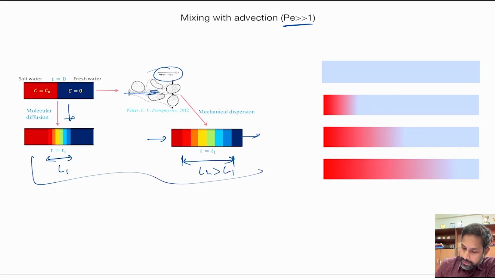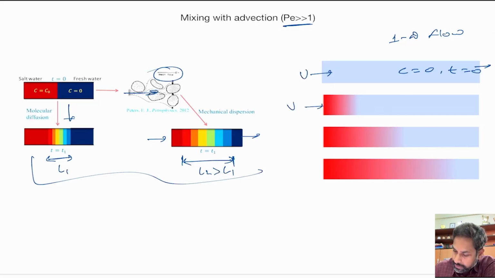So here let's consider a similar case that we studied before, right? This is 1D flow, okay, where C is equal to 0 before t equal to 0, right? But now we assume that there is a flow happening. So now the complete fluid is moving from left to right and there is a velocity u. Okay, so this is moving with velocity u at all times,